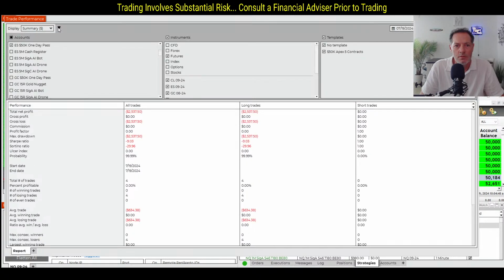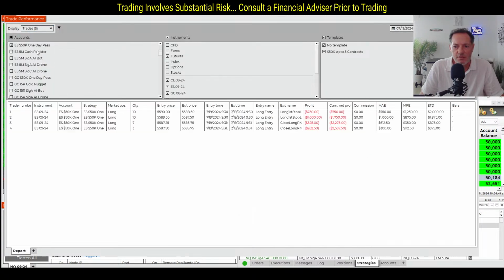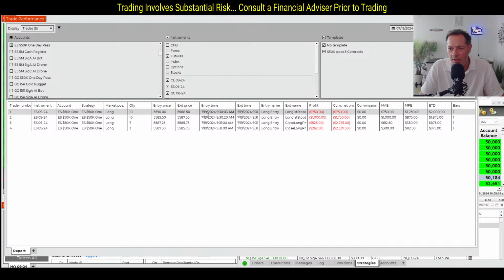So now once you're in here, you change this to trades. So the ES 1-day pass today took these trades, and this was the entry price. So these are where you're going to focus, the times. Those are really important, the entry price and the times. So if you said it was today or yesterday,